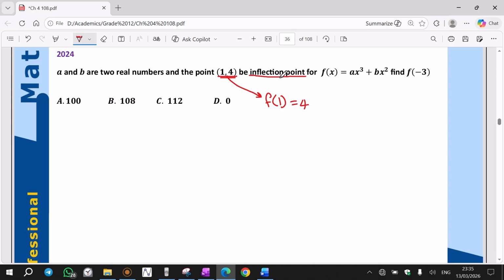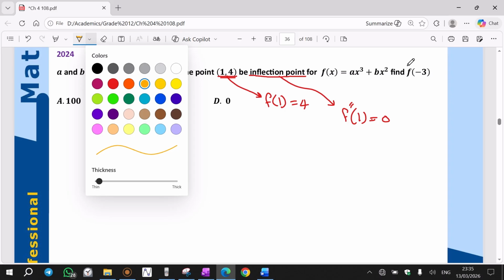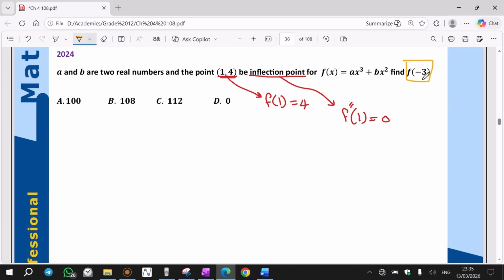Inflection point means f double prime of 1, because this point is an inflection. For inflection, we only input the x into the second derivative. The result will be 0. Based on these two relations, we can find the values of a and b. After we find a and b, we use them to find f of -3. After we find f of x, we put -3 in place of x, and we'll find the value. It will be